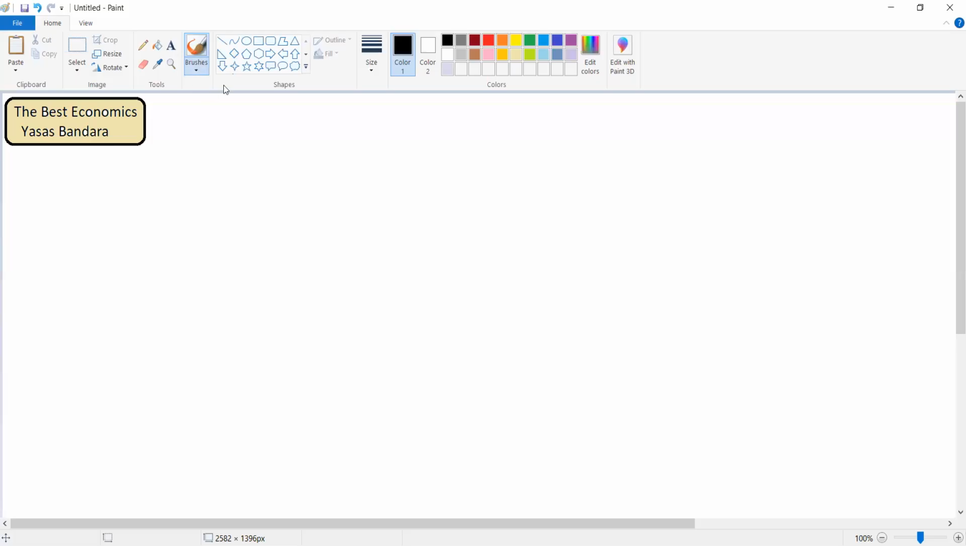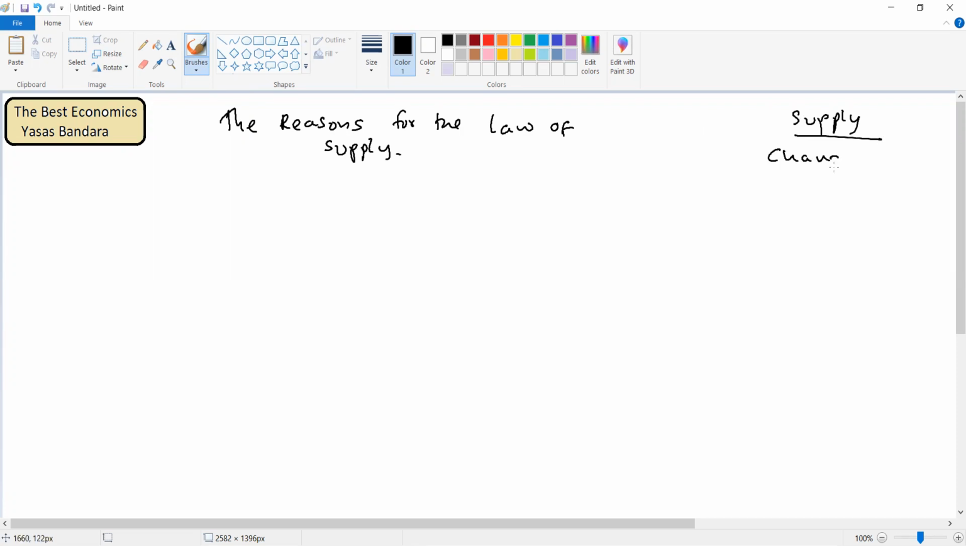And in this session, we are going to discuss the reasons for the law of supply. Now, first, you have to have a basic understanding about what the law of supply is. Supply is affected by several reasons. That means supply changes as a result of several reasons. What are these reasons? Supply changes as a result of,